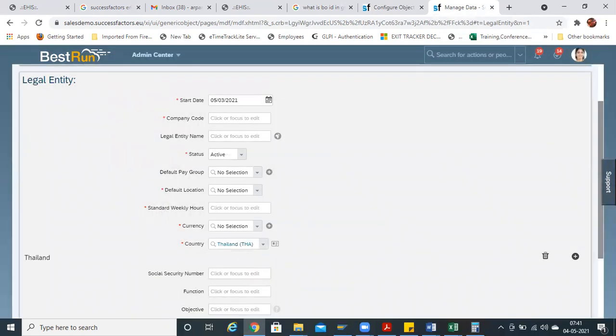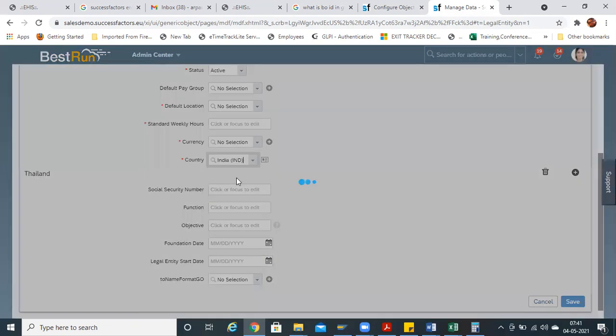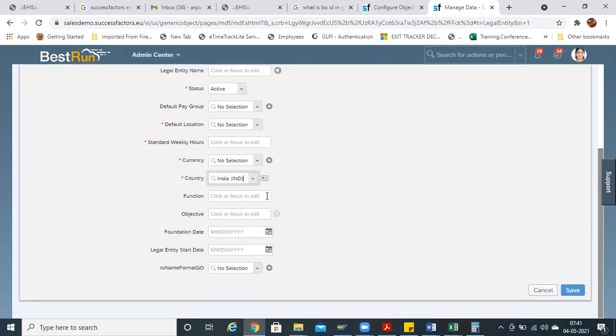Have you seen the difference? If you select India, it is not coming. Why is it not coming? These are the standard fields only.